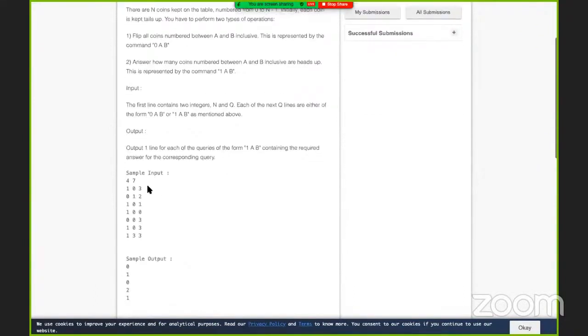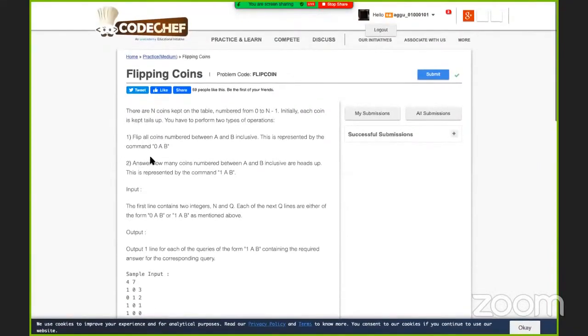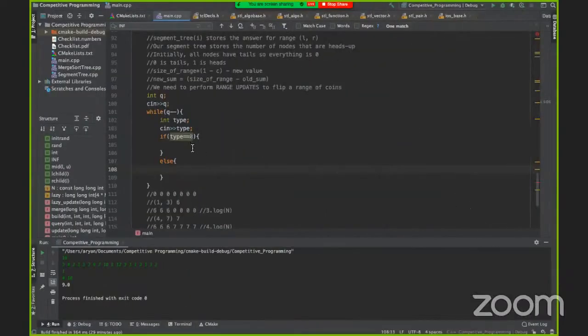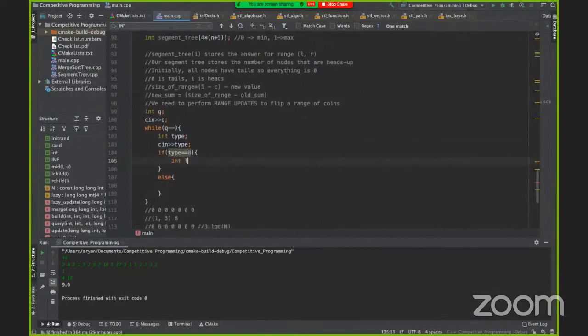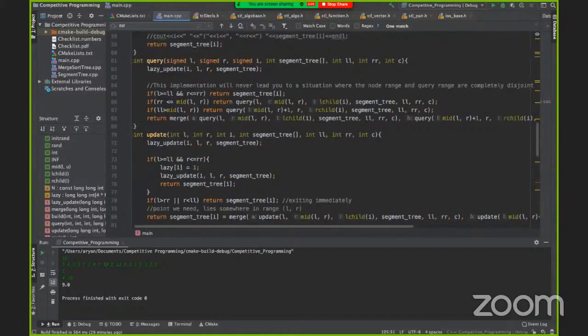Okay, we inputted the type of query. And so if query is 0, we need to flip the coins, right? So if it's 0, then we will input L R. Okay, then we need to perform an update. So 0, n minus 1, 0,